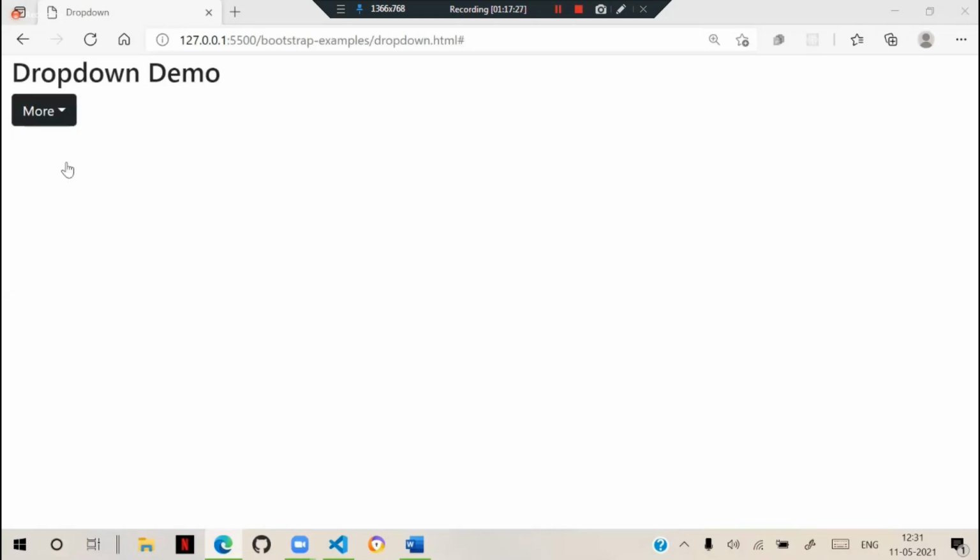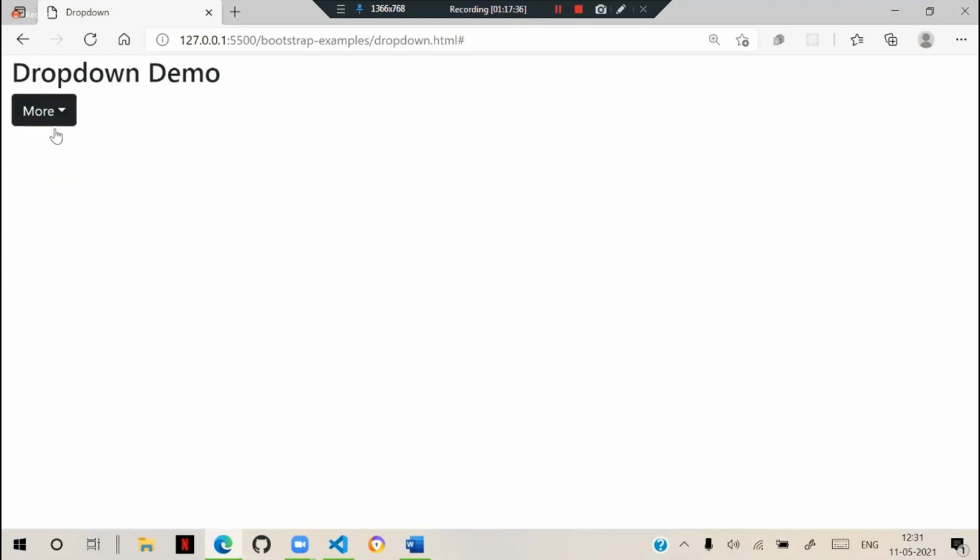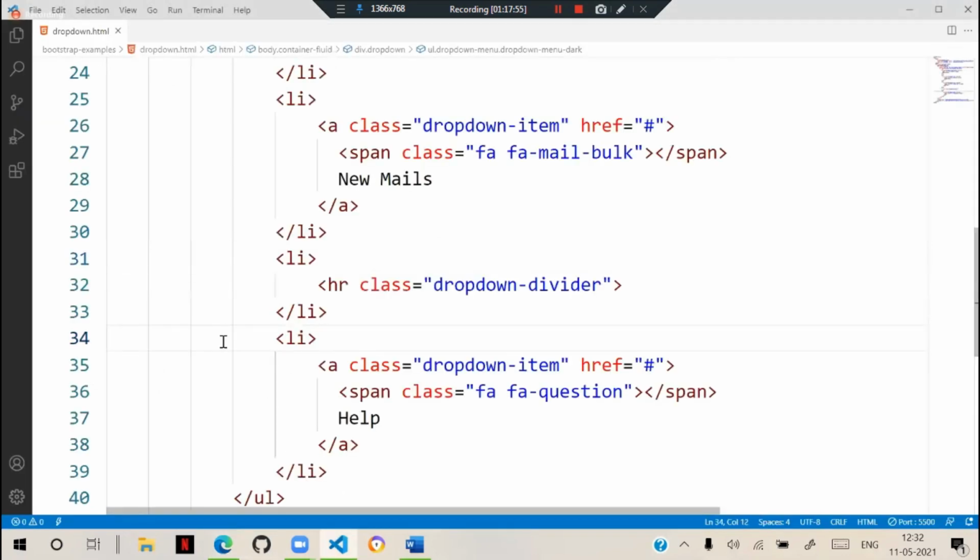Now this is a splitter. By using the splitter, we can display such options. These kinds of drop downs are good for navigation. And you can have colors, effects, anything. You already have BG primary, BG dark. We can add the colors and effects and display it in a more effective way, right? So that is the concept of drop down.